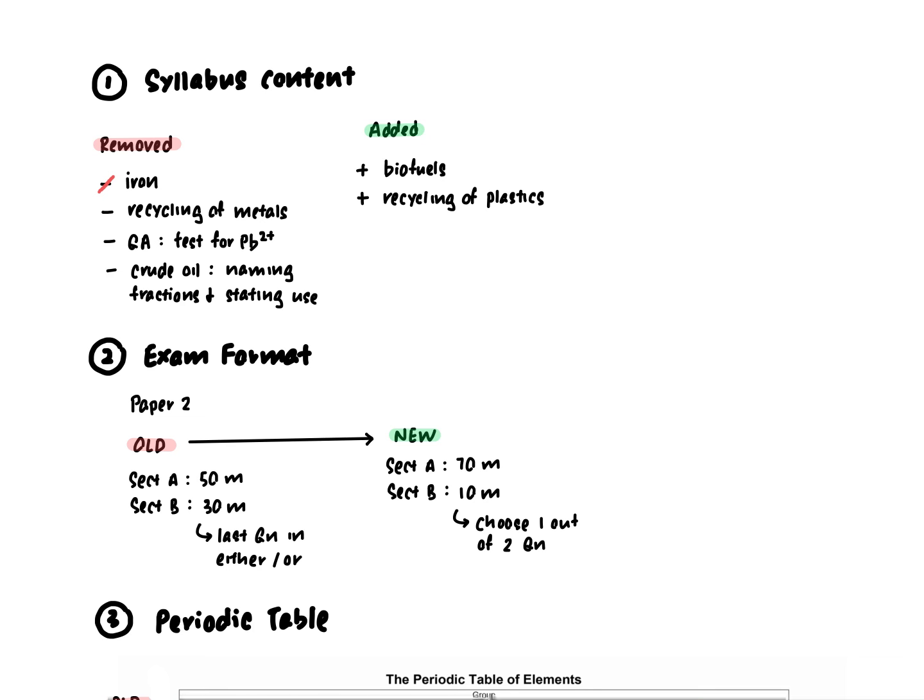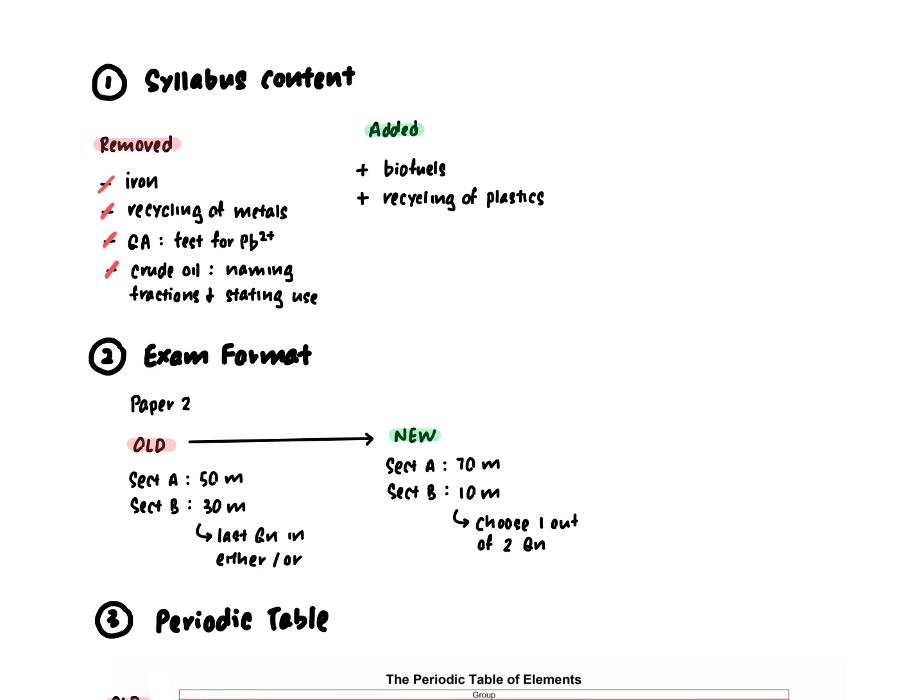The other parts would be recycling of metals. In qualitative analysis, the tests for lead ions are removed. So right now, when you see a white precipitate soluble in excess sodium hydroxide, it is only zinc and aluminium. For the chapter on crude oil, the naming of the individual fractions, your petroleum gas, petrol,